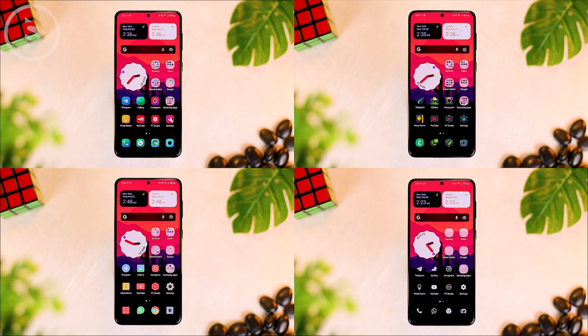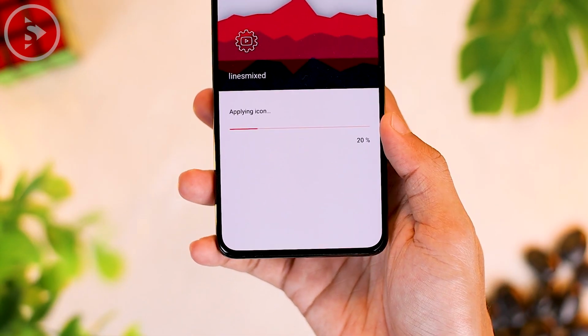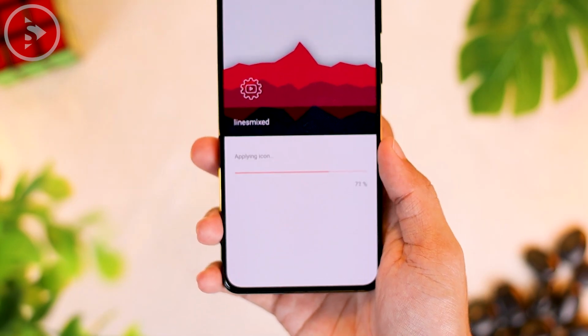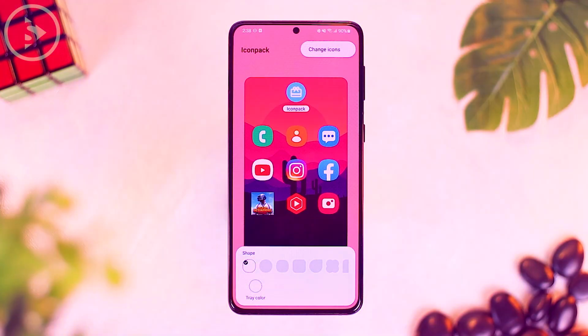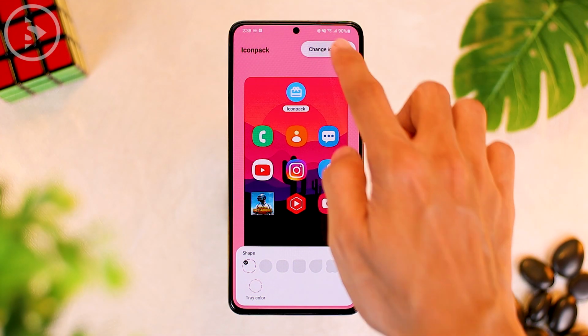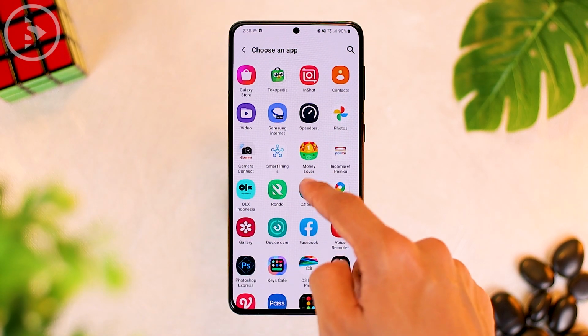In this video, we'll see how to change the application icon on the Samsung smartphone with different icons from various icon packs. You can change this icon directly in the default Samsung One UI launcher without using a third-party launcher. And in the latest update, you can also change the icon in each application with a different icon pack. And it can also be directly from the photos in your smartphone gallery.